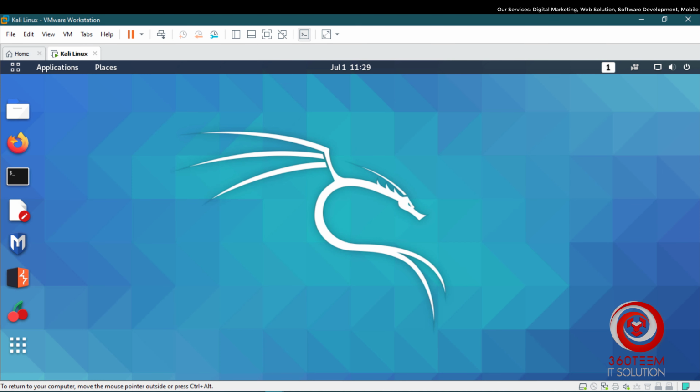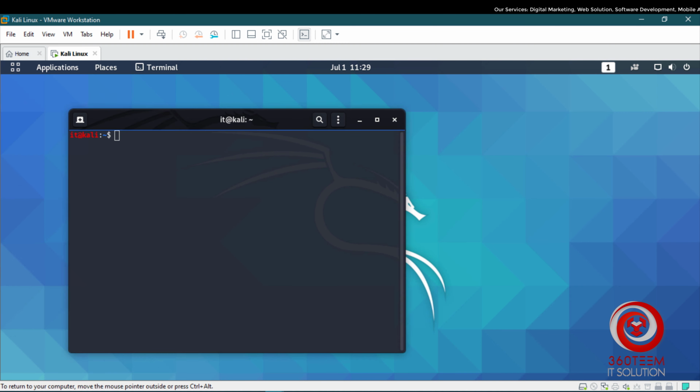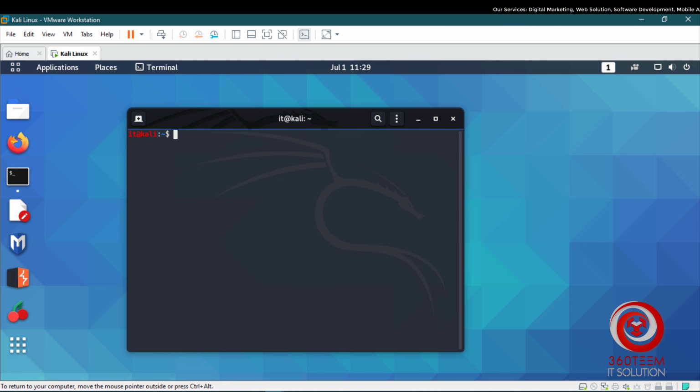Well, here is the desktop. Let's check the kernel version. It is 5.6.0. And let's check the distro information.